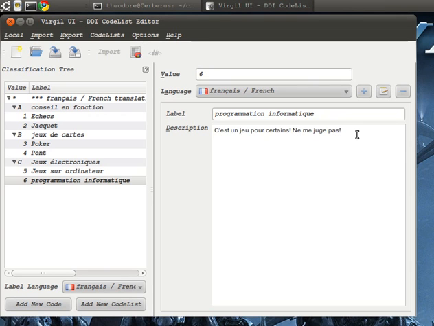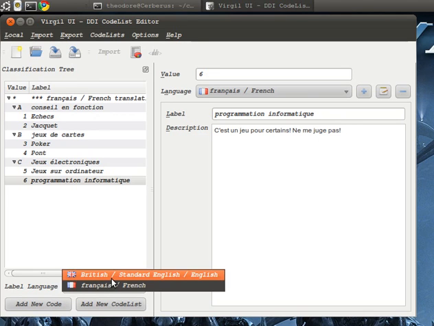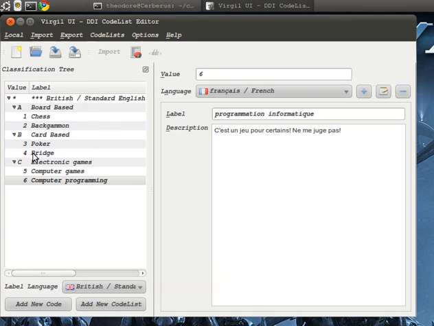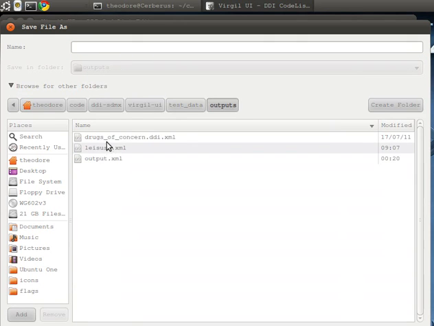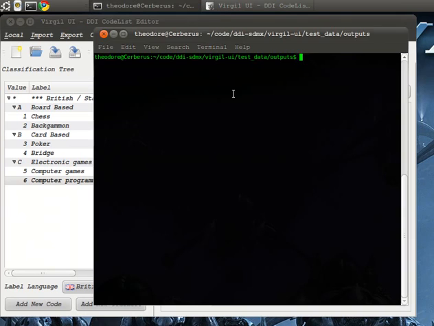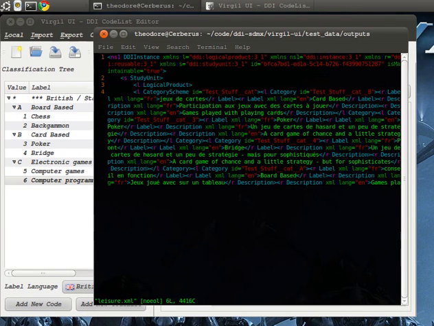And there we go, the classification has been brought up and the classification tree has been updated. Now, what we can do is switch back to English and everything's still the same. So what we'll do is we'll save this off, and there we go. It's been exported out, and just to confirm that it's still there, we'll open it up